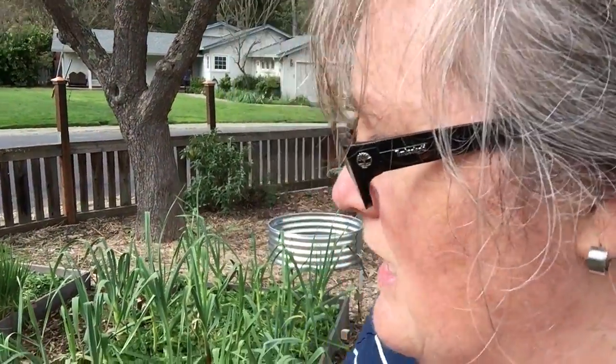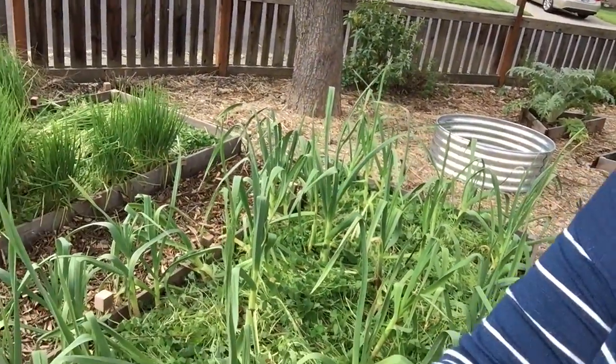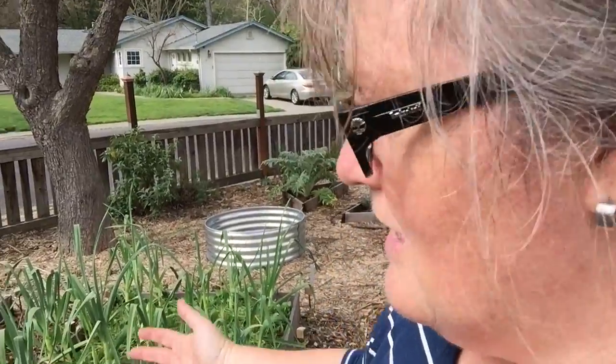It's helpful. And then when you cut it down, you just cut it down right there at the crown, and underneath the ground, all those roots will decompose and feed all the microbes, and then you just lay it on top. Can you see that? There you go. Like a living mulch. Well, not living anymore. It was a living mulch, and now it's going to be a dead mulch, but it'll lay on top of the ground and continue to protect it and continue to decompose, continue to give nutrients to